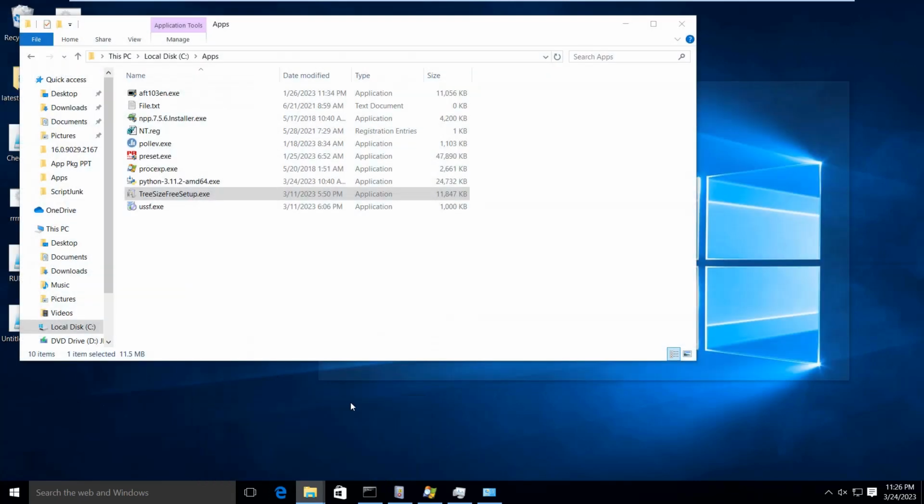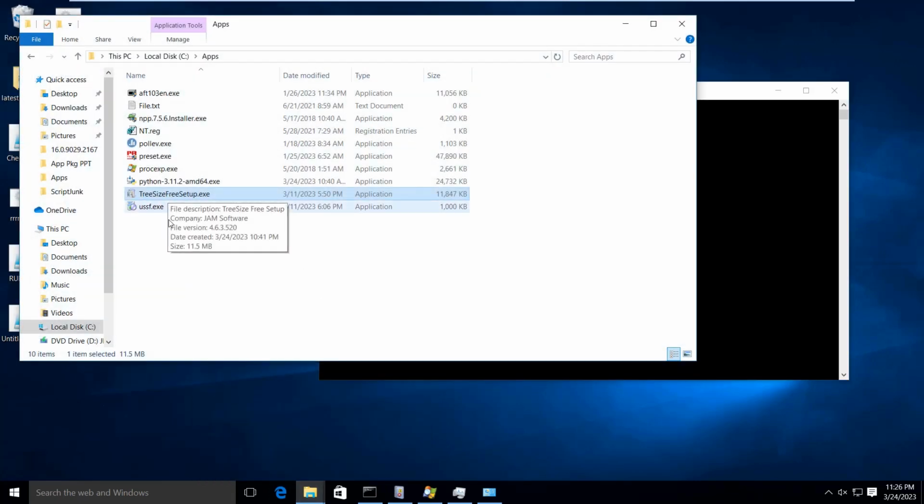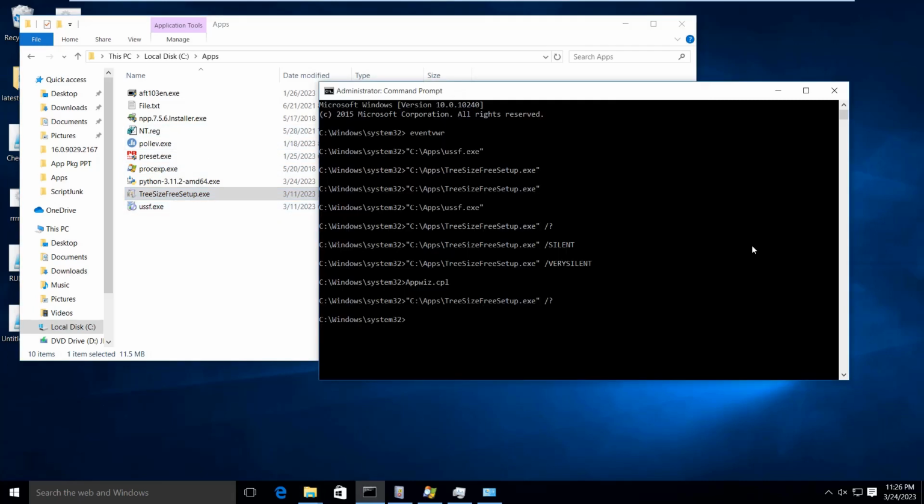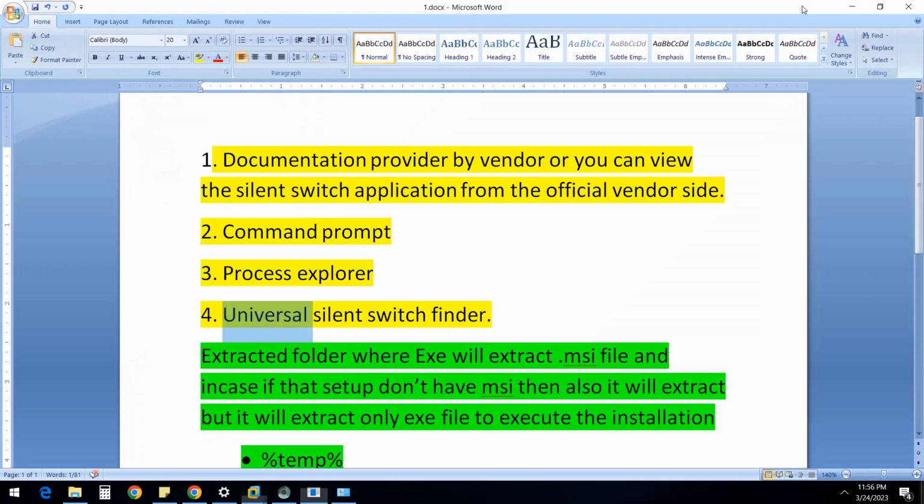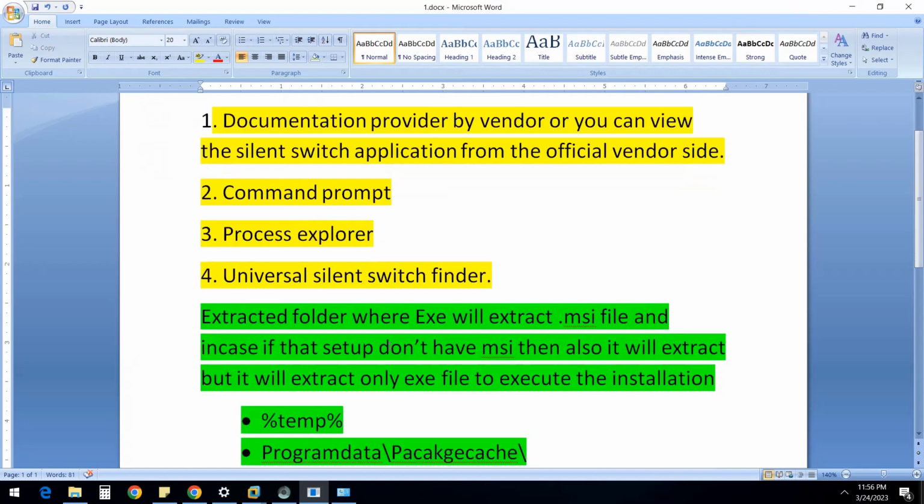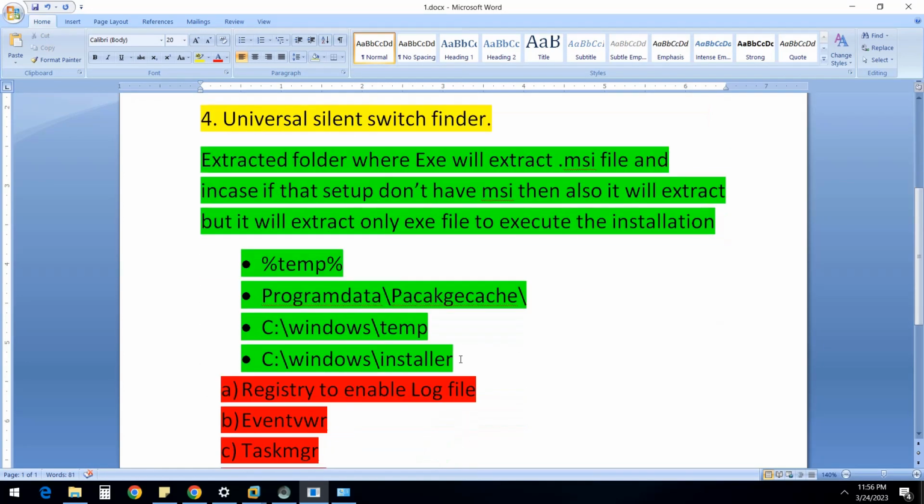Sometimes what will happen, the application won't have the silent switch. In that case we need to go with repackaging the application from exe to msi to do the silent installation. And sometimes the application will extract an msi and we need to pick up that msi from the extracted folder. Extracted folders vary from application to application, so